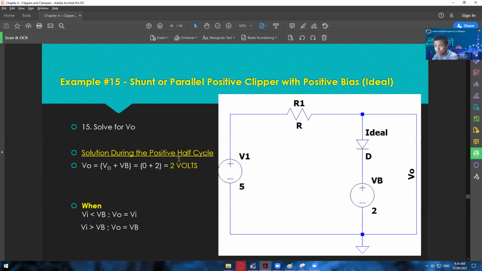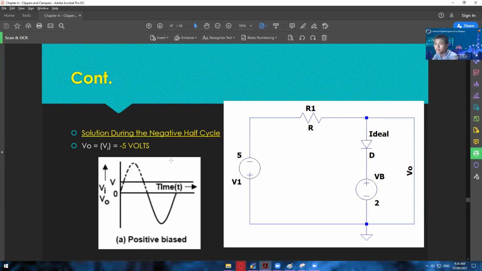So again, if ever that you have questions, just let me know. And then during the negative half cycle, we have here negative to positive, positive to negative, and then positive to negative, and then negative to positive. So all throughout, our voltages will make this diode a reverse bias connection. So as a result,